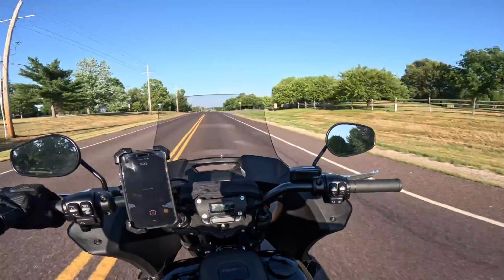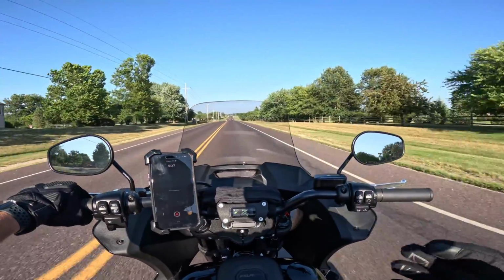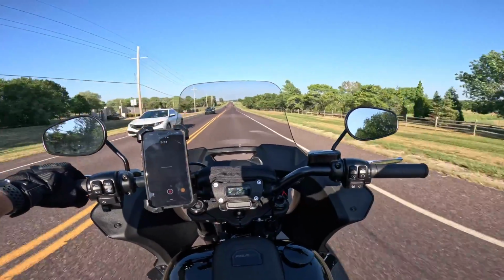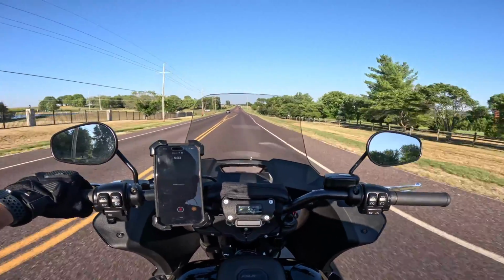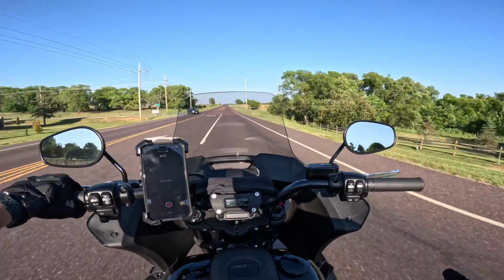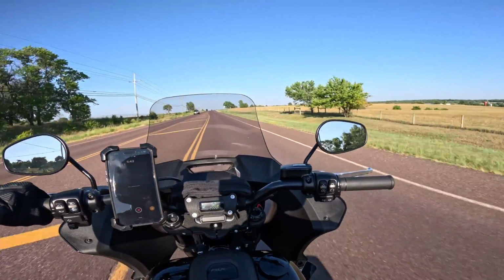One thing I did notice is on the highway, I was feeling a little bit more wind buffeting than I was with the stock one, and I don't know if that's just because of where it's hitting the top of my helmet, but I can definitely feel a little bit of wind buffeting. Nothing too crazy, but that is something that I did notice that I didn't feel before